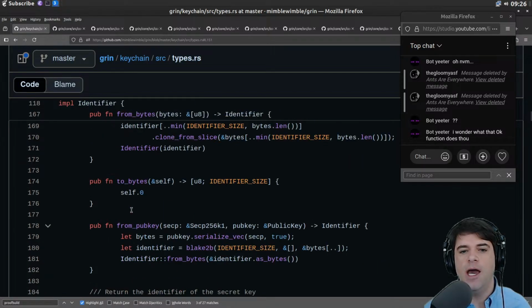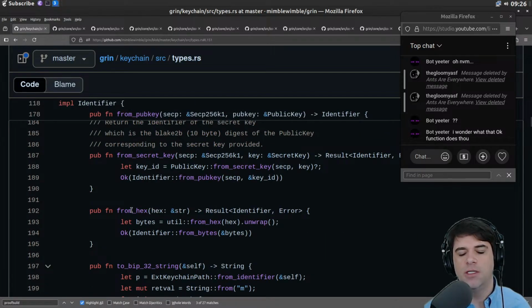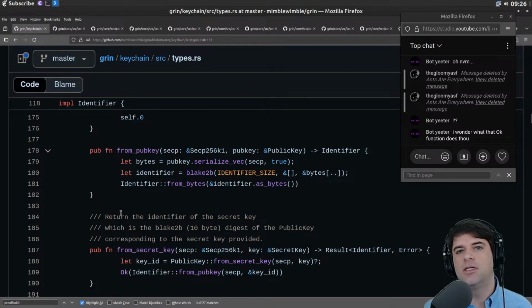So this is an implementation of identifier from path. Okay, so the path itself is a bunch of bits. It seems like that's consistent with what we saw about the cuckoo algorithm. It seemed like they were going to take a random graph. I don't know how the random graph is laid out in memory, and they're going to have some proof of cycles.